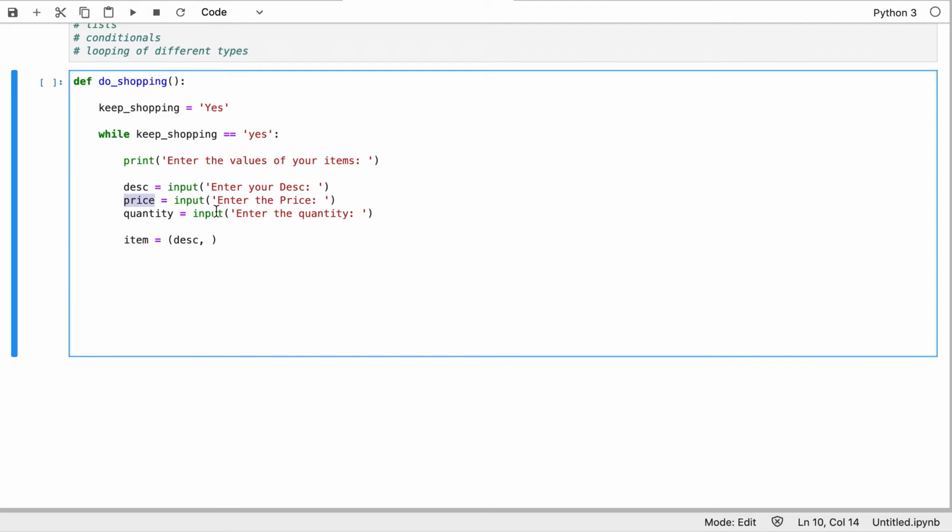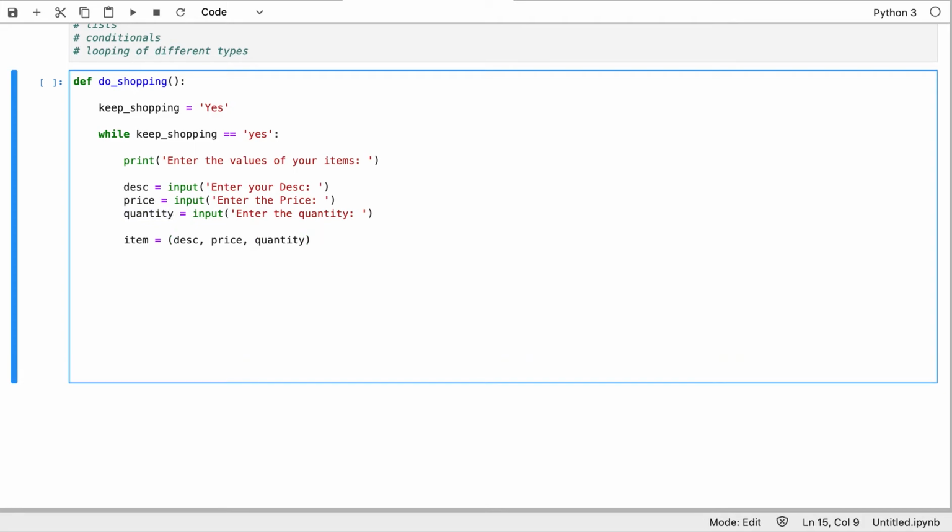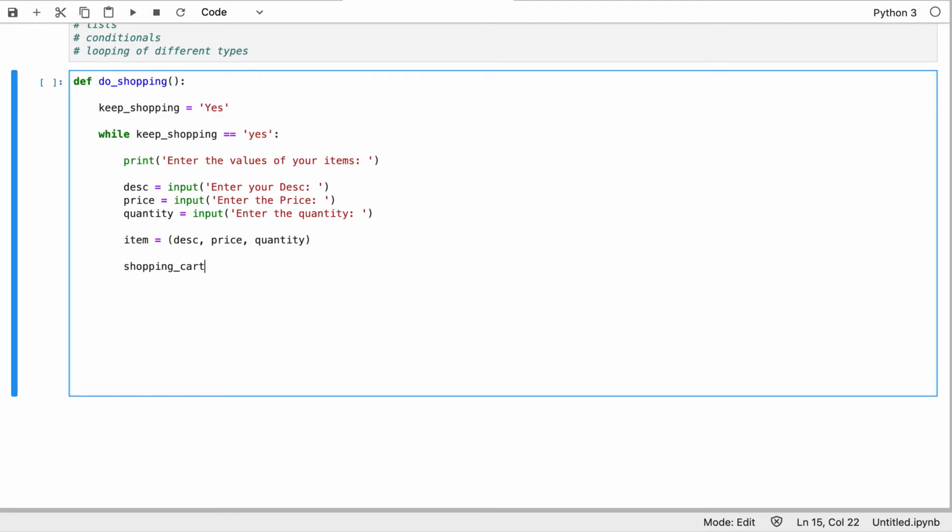I also want to have the price passed, and the quantity as well, to be packaged among all of this. And then I also want to make sure that I add these items to the shopping cart. So if I have a shopping cart and then I append the items here like that,